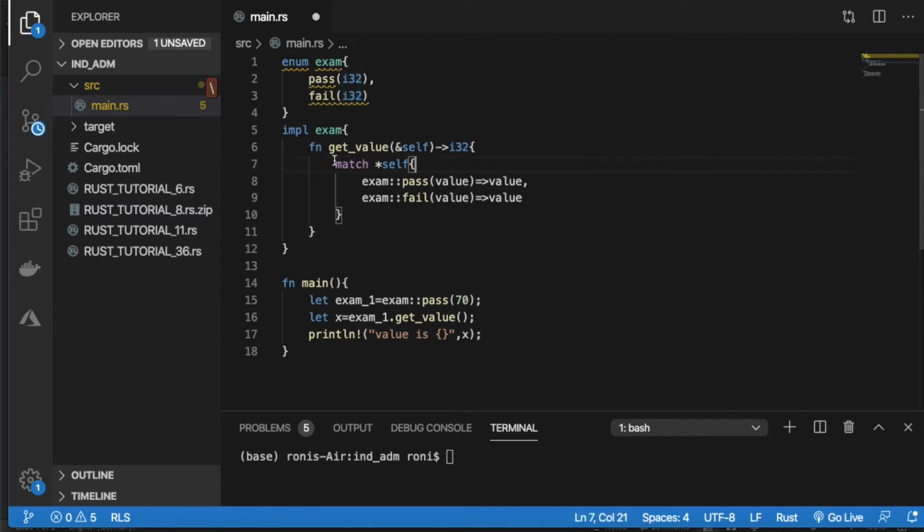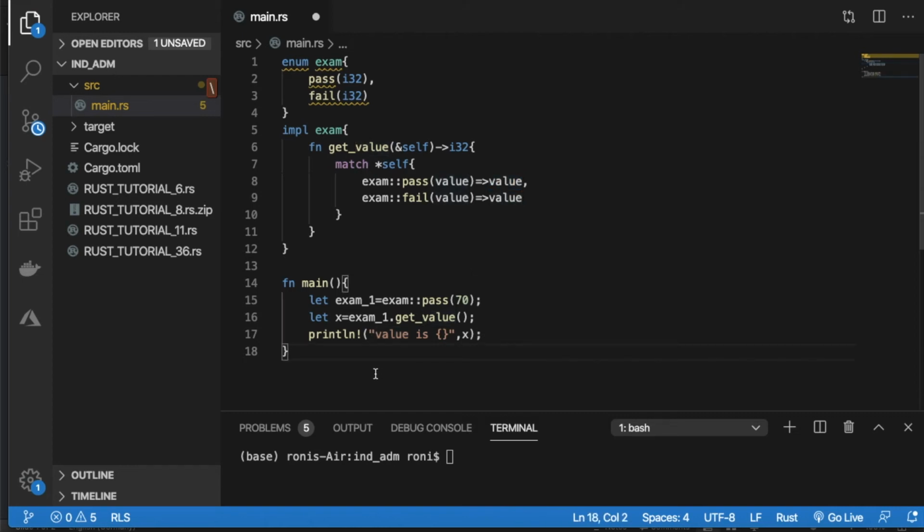If the pattern matches, what happens is I'm calling this method on this exam, which is Pass and 70. This pattern already exists, so when it is called, the pattern will be matched and the return will be this value, 70.